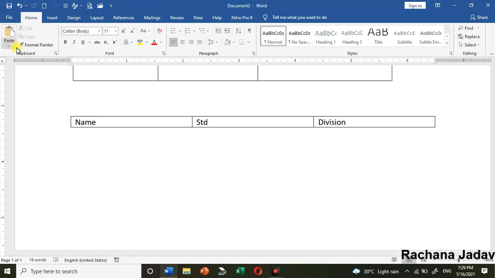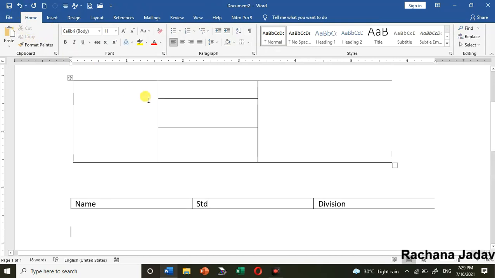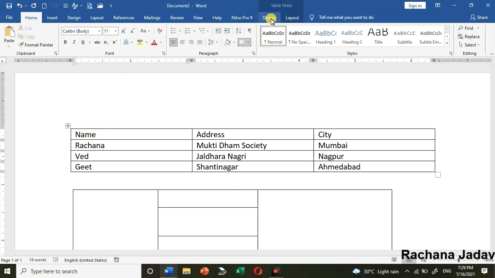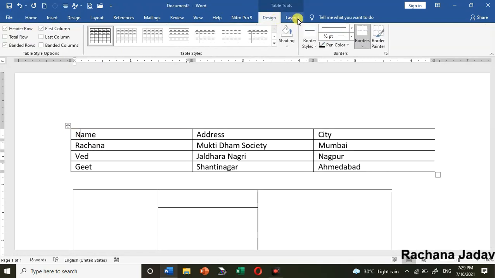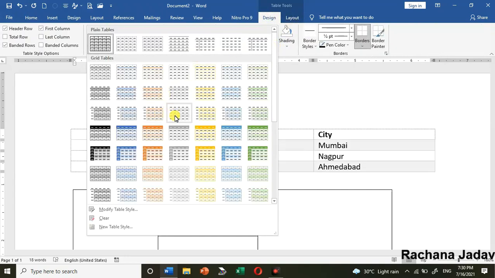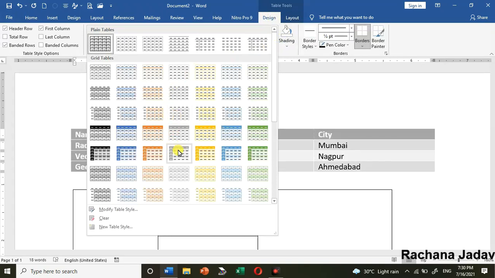Okay, now the next thing, that is how to do the formatting of it, right? तो यहाँ पहले जैसे ही आप टेबल बनाओगे, when you are making the table, you will see 2 tabs, that is design and layout. Okay, design and layout. In design you have different styles, आपके सामने different styles open हो जाएंगे, so that you can select it on your own.